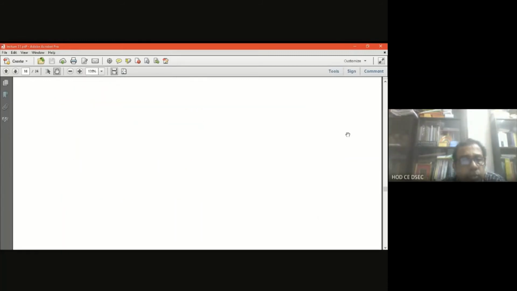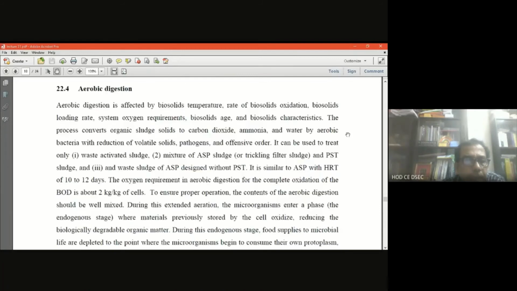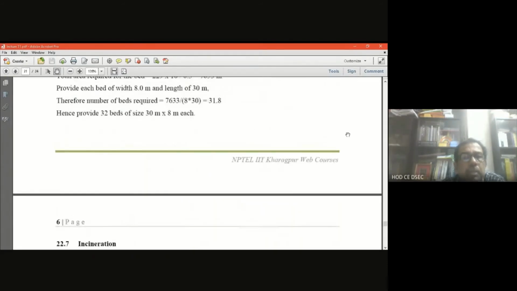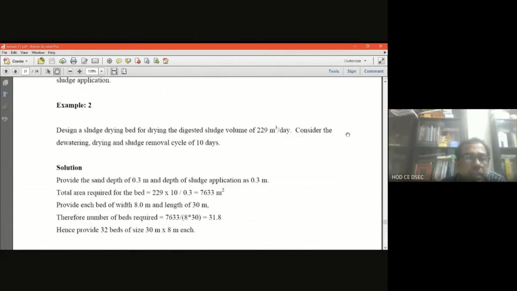Another problem I am going to show you, which is very simple, just to give you the concept. It is related to the sludge drying bed, which we have already covered earlier. The first problem I described was about sludge digestion, and now this second problem is the last problem, for closing my lecture for module 6 on sludge handling and disposal. This type of problem is very interesting and may come in the exam.